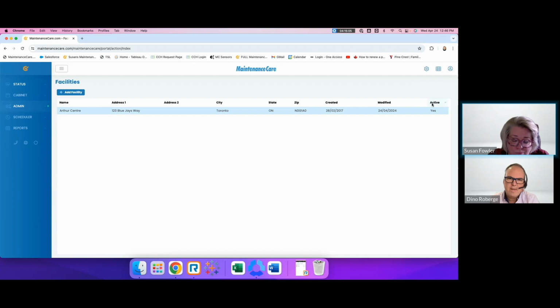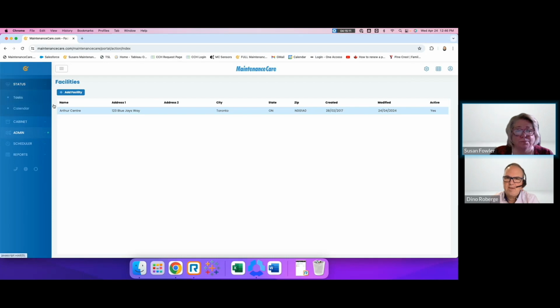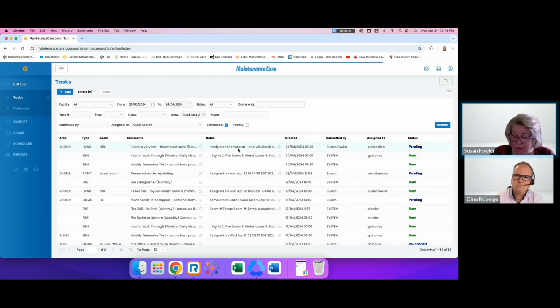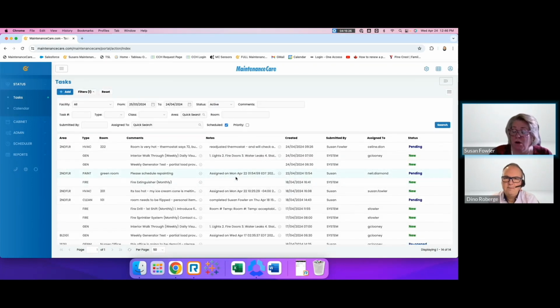Collins is saying, are you able to repeat the print section, please? Sure, I absolutely want to repeat that. So remember, it's depending on what you're looking for. Again, filter, status. If I'm going to filter by active, my filter, remember, is set by 30 days. And let's say I want to print off either one per page or a list. I'm going to hold down